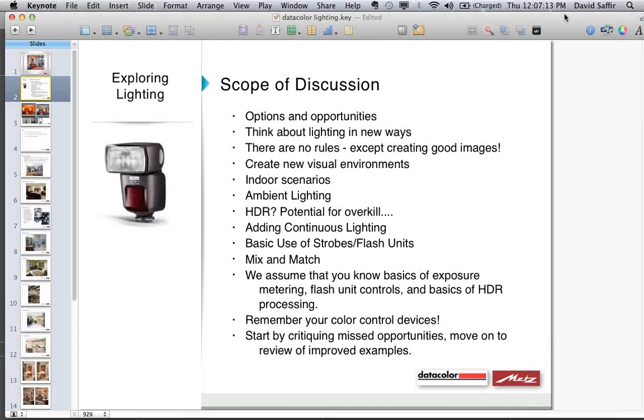So, the idea in the title, small lights for large spaces, really is referring to that whole toolbox and all the different things that we could use to create the kinds of images that we want and achieve our goals. We are going to be looking at indoor scenarios. I do want to talk a little bit about ambient lighting just as a starting point, because there's a lot